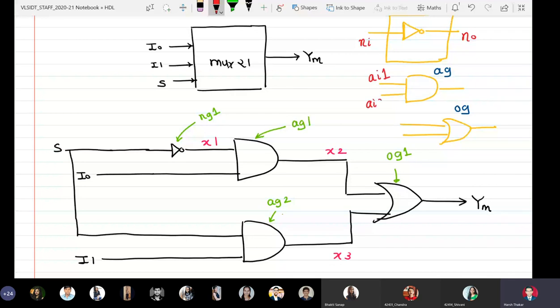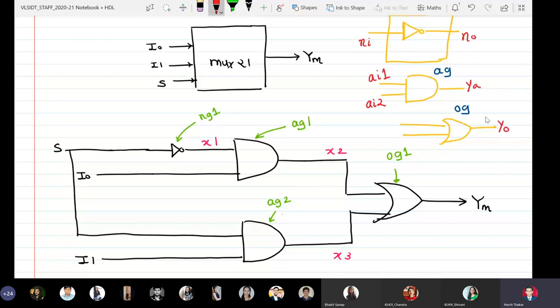AI2 is the second input of the AND gate, and we can say YA. Okay, we can say YA is output.